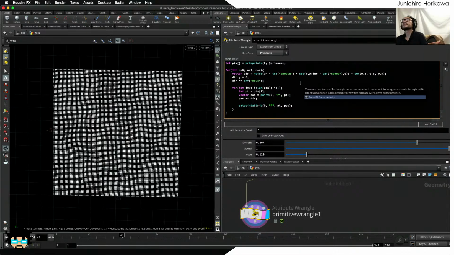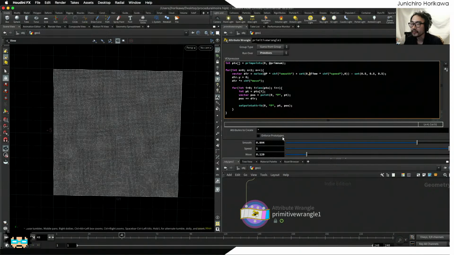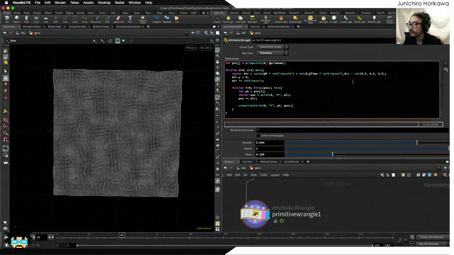So first of all, let me try to create an offset value for this time based on the iteration value here. So what I'm going to do is add some value here. I could say offset, or a time offset,